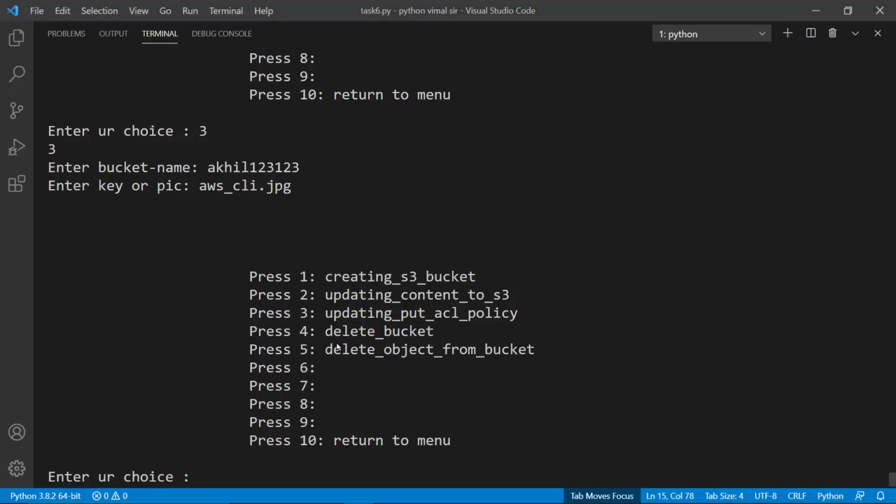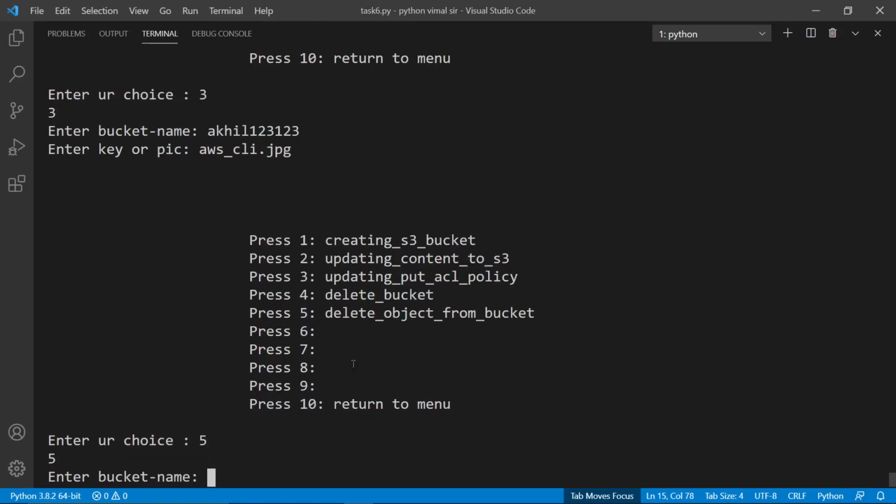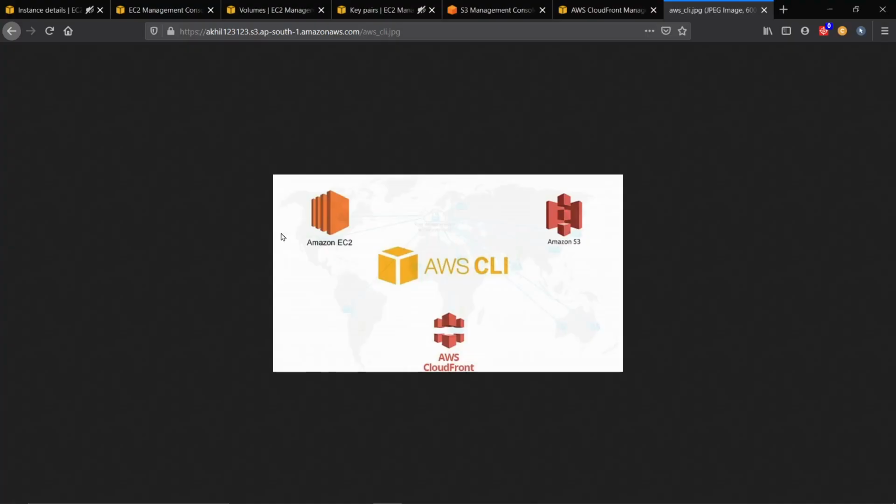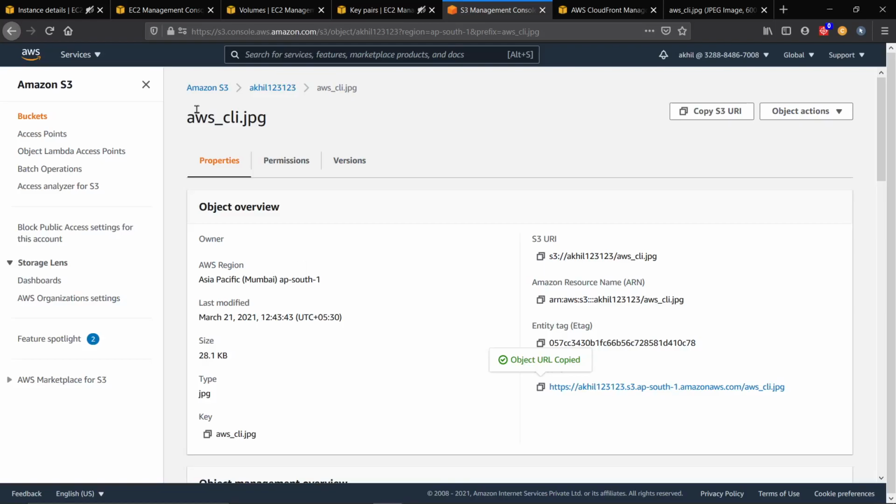Now we will create a CloudFront. We can also delete objects, like option five, bucket name. We can delete the PPK file and the PEM file from here. So we can see the names in the S3 management console.